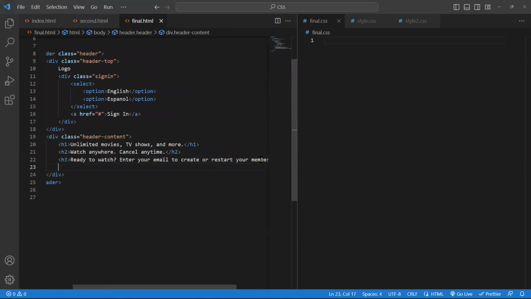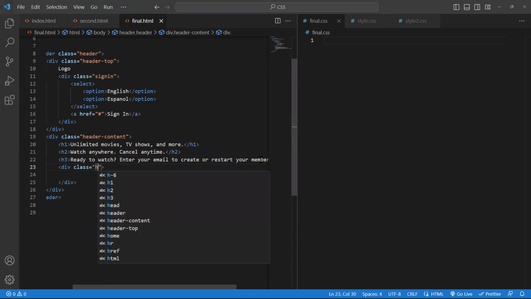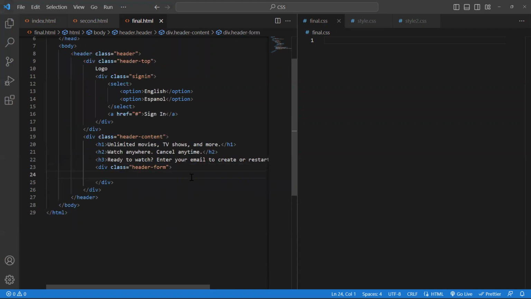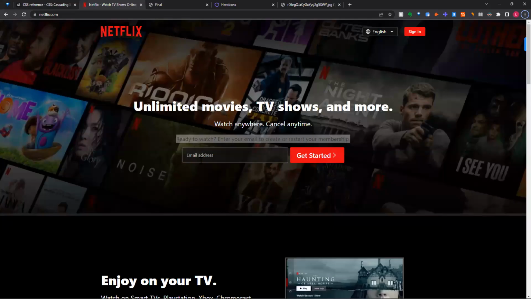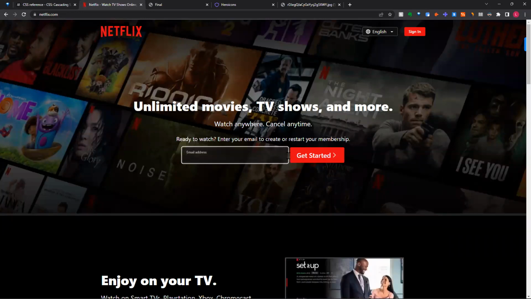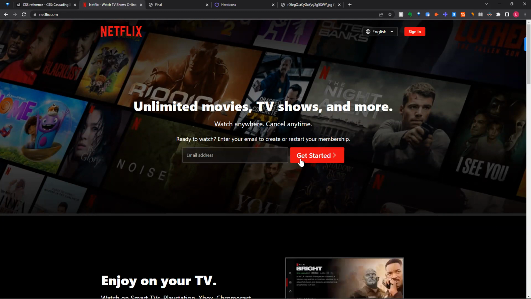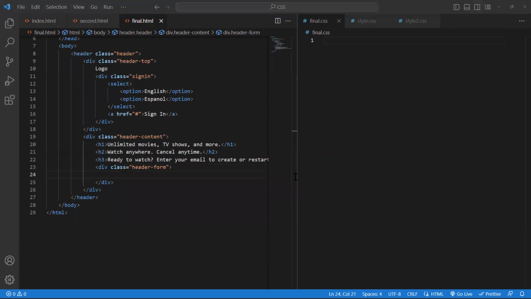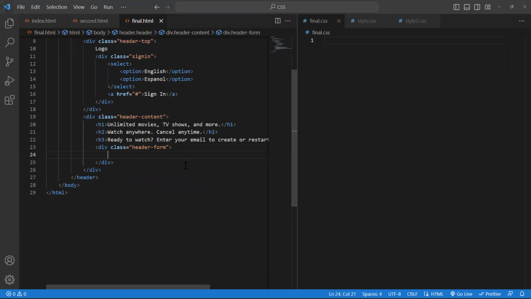Okay, so this one we can also have inside the div of class. It's a form. So inside this form, we have this input text box, and we also have this button. So we can have them together as